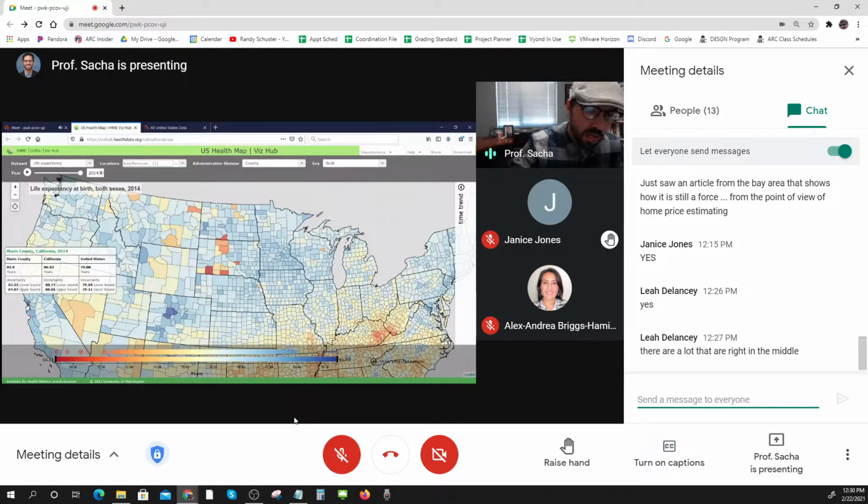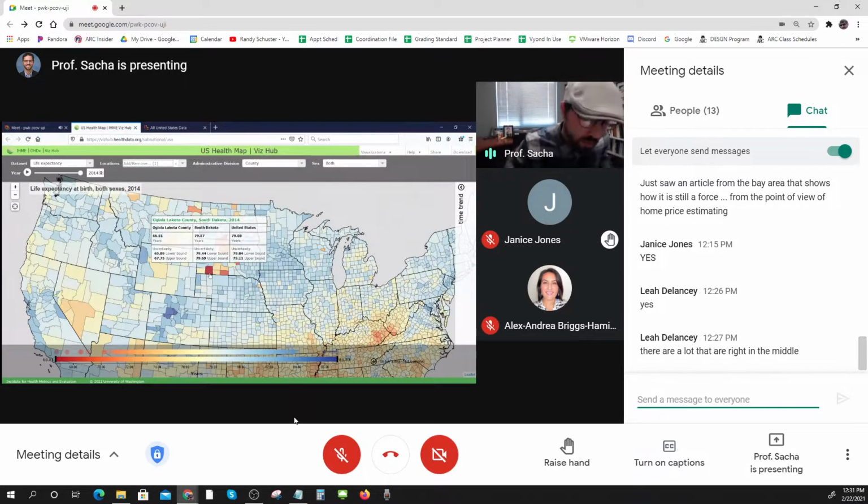Folks are living a long time in Marin County, though. I know that. Which again, it's about affluence, and it's where folks live who can probably access preventative, proactive kinds of healthcare measures. They can afford good food that's not processed, right? All that. But yeah, someone give me a hypothesis. Someone who hasn't spoken yet. What do you think might be going on in Oglala Lakota County? What's the story that is here?